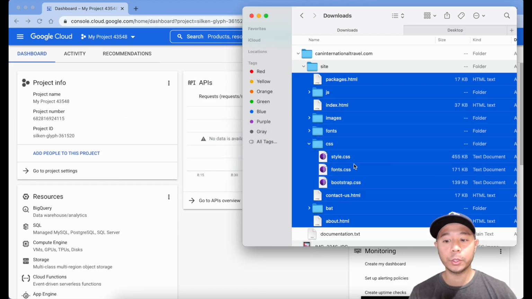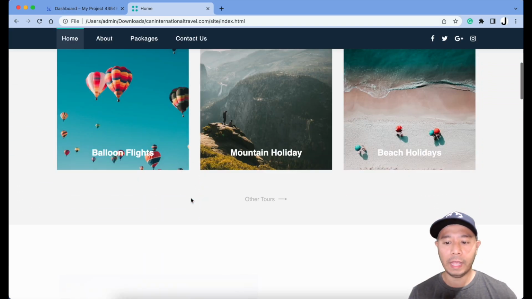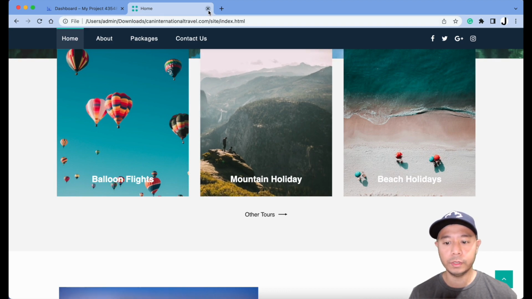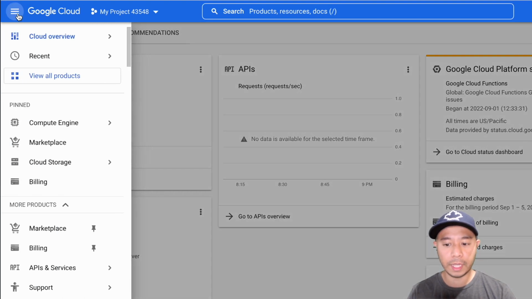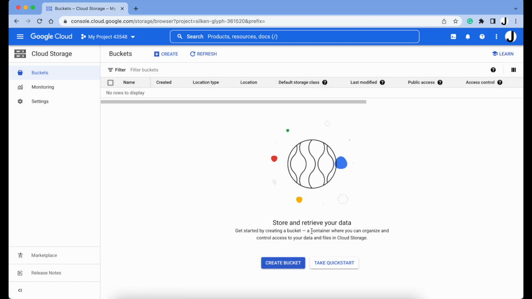In this video, I'm going to show you how to use Google Cloud Platform to upload a static website. I have an HTML website template with CSS and JavaScript that I'll upload using Google Storage Bucket. So go to your Google Cloud Platform, click the menu on the top left, look for Storage, then select Bucket. Create a bucket,